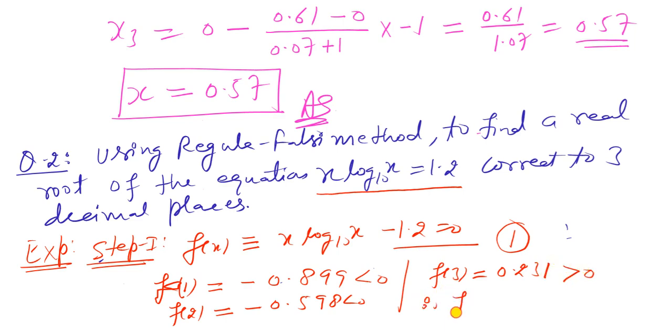So therefore f of 2 is less than 0 and f of 3 is greater than 0, that is f of 2 into f of 3 is less than 0. So the required root is lying between the values 2 and 3, that is in the interval 2 and 3. Now in step 2,